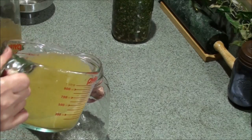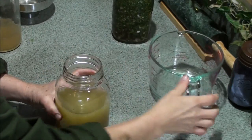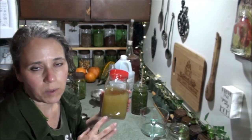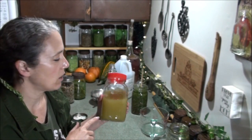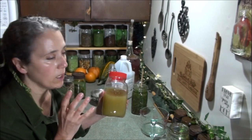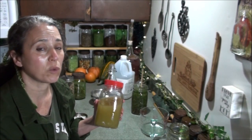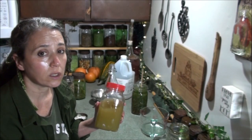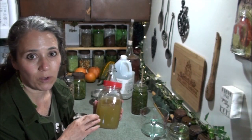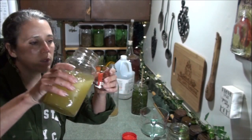Okay, and then I'll just go ahead and fill up a clean mason jar, and then this will be the batch we'll be working on throughout this year. It would take us probably a few months to work through this if we remember to take it on a daily basis, which I don't always remember, which is why this has been sitting back there for so long. But typically in the wintertime is when I'm most concerned about making sure that we're getting extra vitamins and minerals, because we're not getting all the fresh goodies straight from our own garden, and some things we do have to rely on store-bought stuff, and so I want to get as much of my own garden goodies in our body year-round. And so what I do is typically we will take a whole shot of this, and